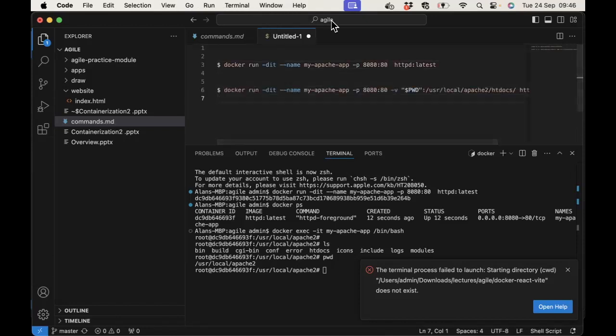I know I'm taking some jumps here, but I happen to know that this path here is the path where it stores its default website. So it's user local Apache 2/HTML docs. Now going down to my terminal, and when I go pwd, I'm currently in the Apache 2. So if I do cd HTML docs,